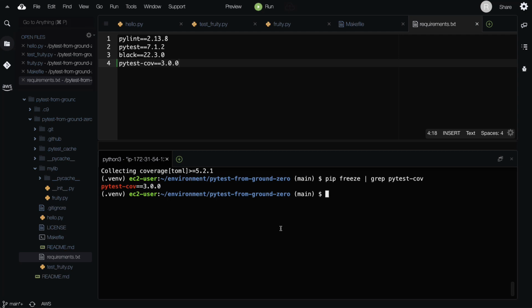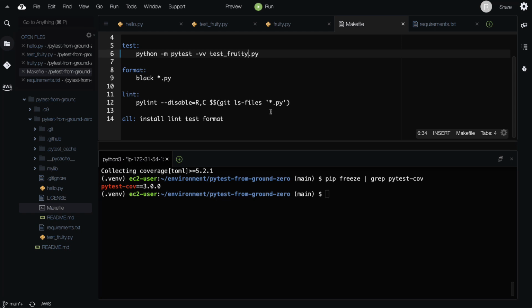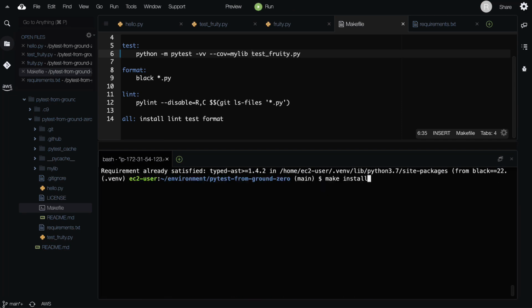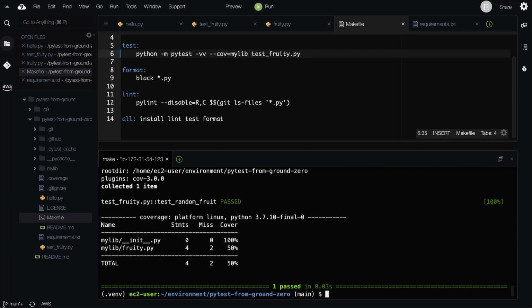And if we add this to our Makefile, like this, we can actually say python -m pytest, and we can say --cov equals, and we just put in our library. We say mylib. So basically, show me how much test coverage I have in my library, and let's go ahead and do, I'm sorry, make test. There we go, and we see that 50% of the code is actually covered in Fruity. So our test potentially could be a little bit better,